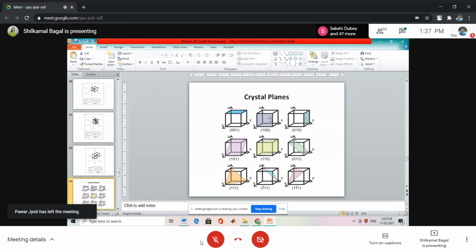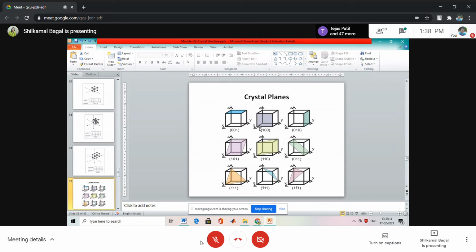In the second one, see, the front face is shown and the indices of that are also the same, but it is 1 0 0, because this plane cuts only the x axis at 1 unit and it is parallel to y and parallel to z. So the indices are 1 0 0. If we have to draw this plane, if indices 1 0 0 are given, then how to draw? Take the reciprocals of these indices, that will be 1 upon 0, that is infinity, 1 upon 0 infinity, 1 infinity infinity, meaning it will cut only the x axis at 1 unit and will remain parallel to y as well as parallel to z.